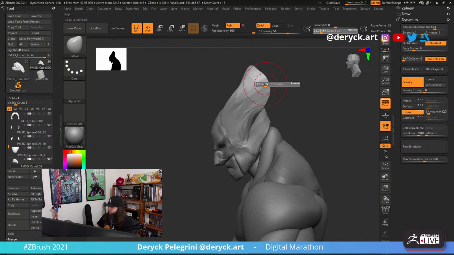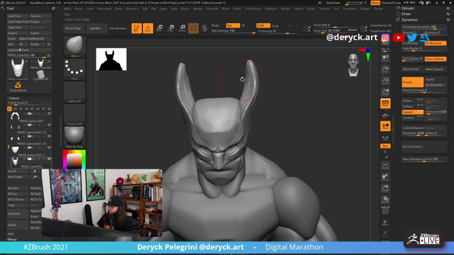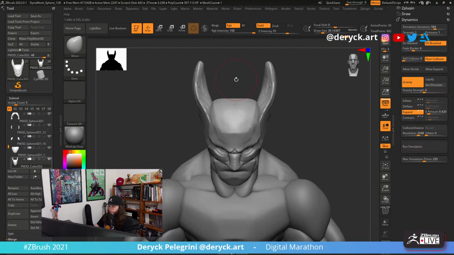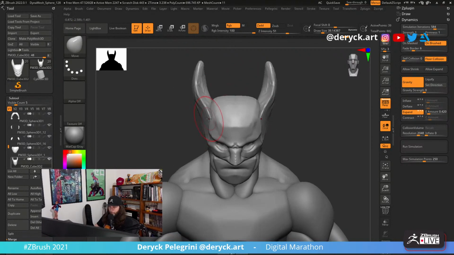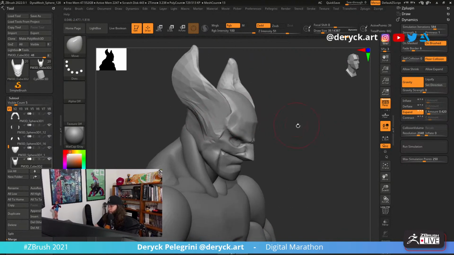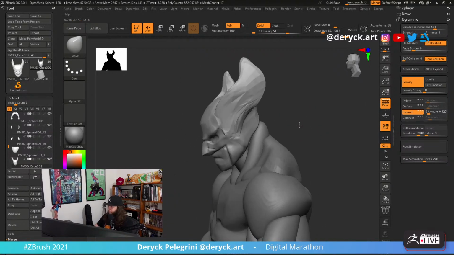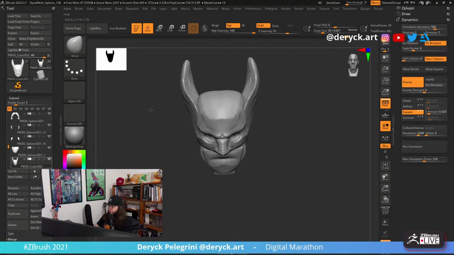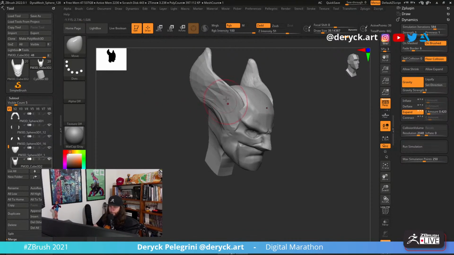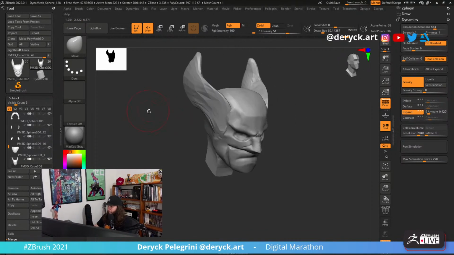So I'm actually quite happy with this shape over here. So I think that I can join this on the same subtool. So yeah, this way I can do the mask already.